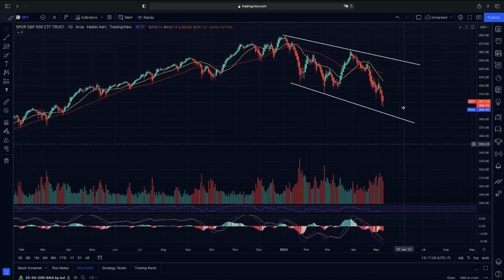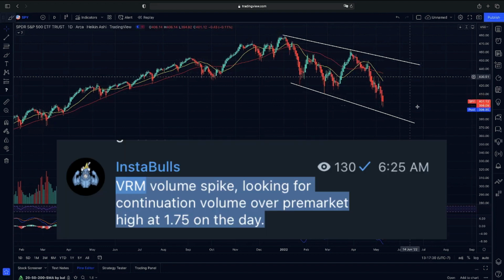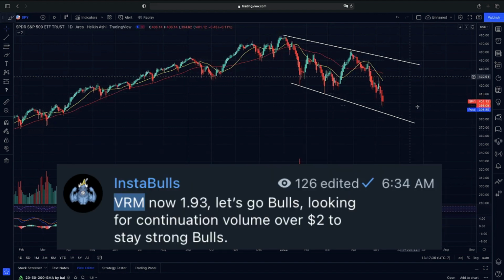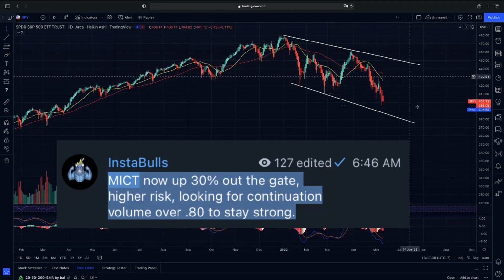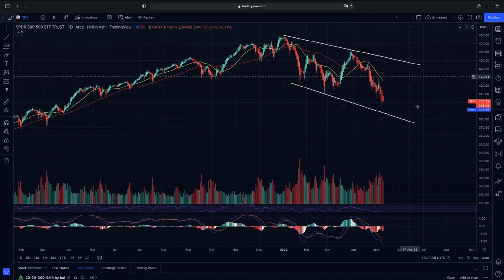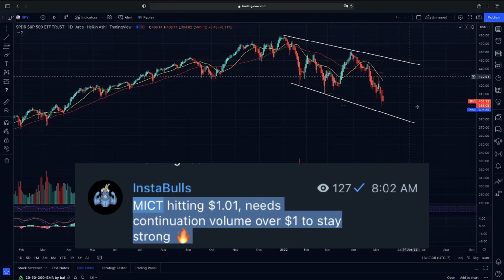We'll have a ton of upside later on in the market, and just staying focused on intraday respective breakouts like we do in the Instables room every single day. A nice breakout with VRN out the gate this morning, over 175 up to 193, over 10% on that breakout, and a very nice continuation with MICT. Mentioned this before, we got to 80 cents, broke out over 80 cents in pre-market, all the way up to $1, over 10% on that breakout.